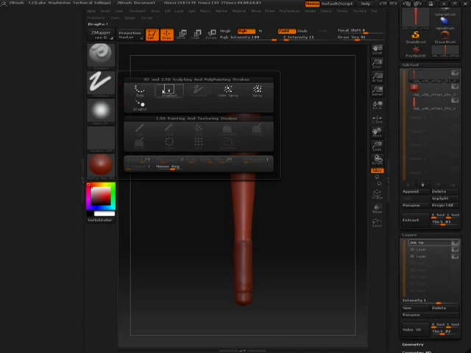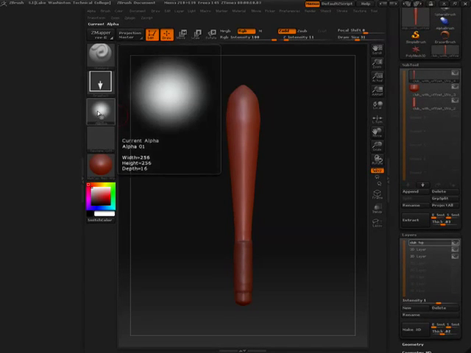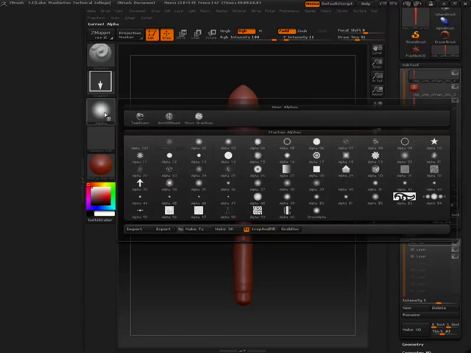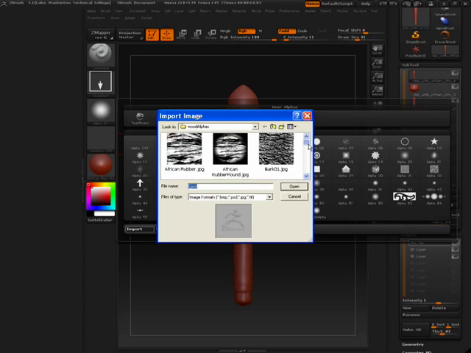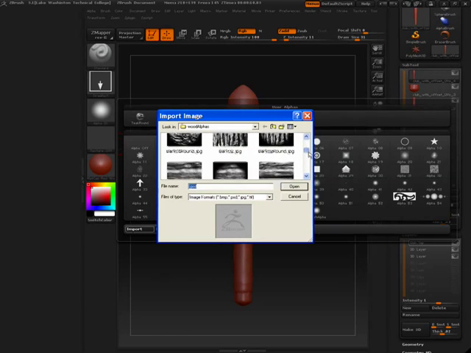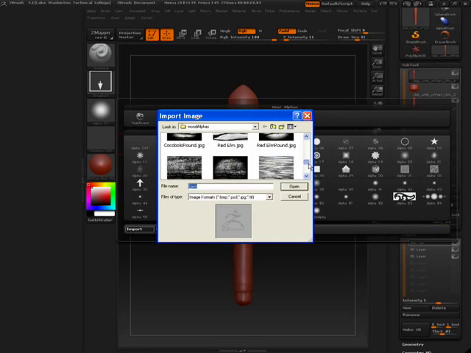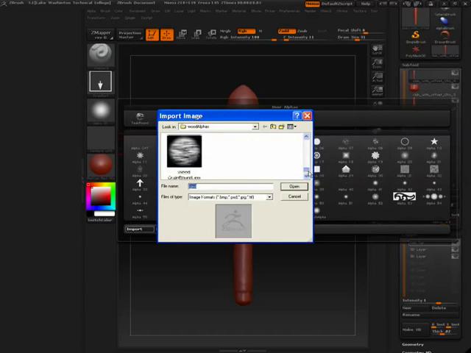I'm going to change my stroke type to a drag rectangle, and I'm going to load an alpha that looks like a wood texture. So if you have a collection of alphas for ZBrush, it's a great way to basically plug in all these different types of surface details. So I'm in my directory called Wood Alphas. I turn on my browser to thumbnails, and this allows me to look at visually what different types of surface details I could get here. So if I'm looking for something in particular, I can find it. So I'm going to choose this one. It's a great